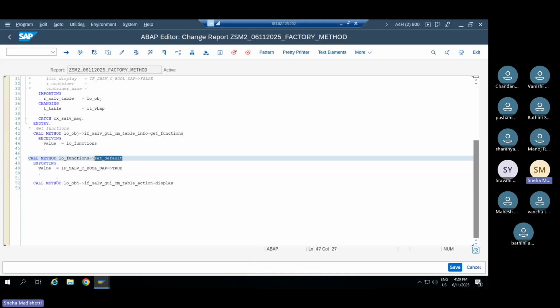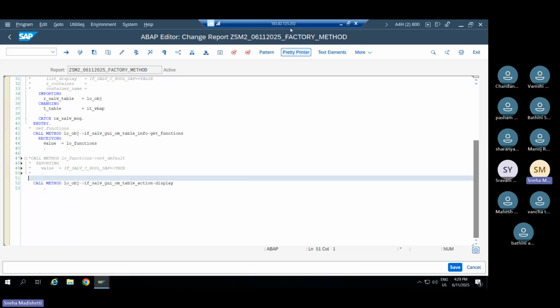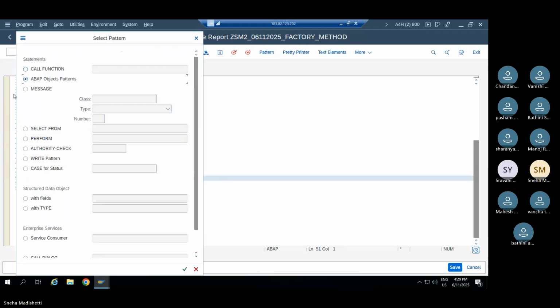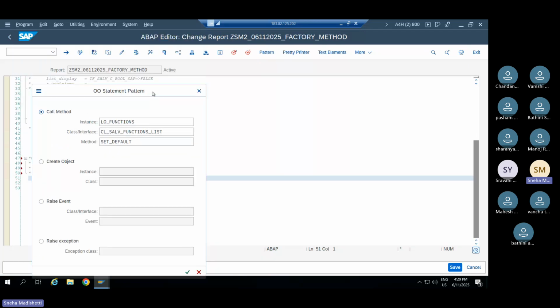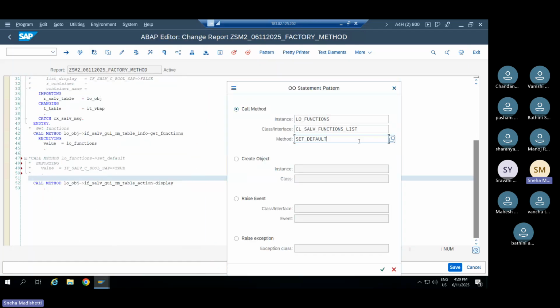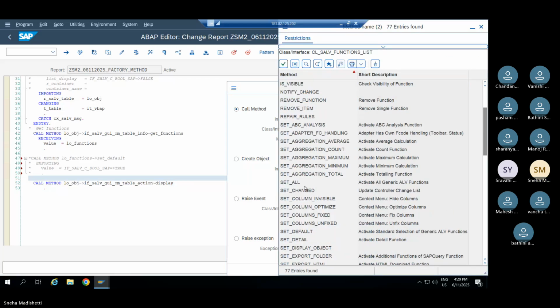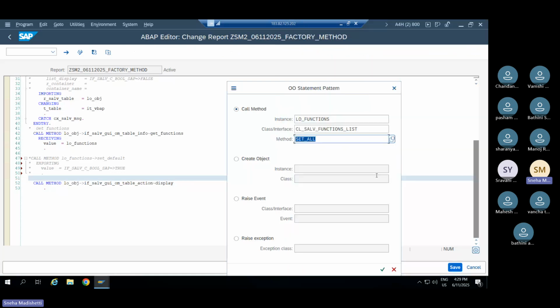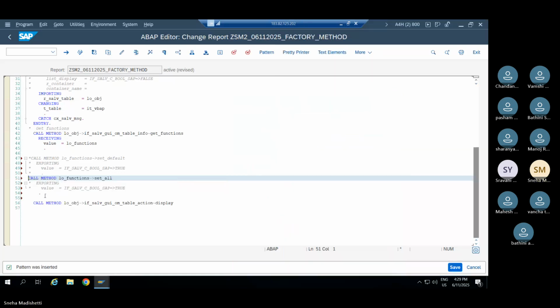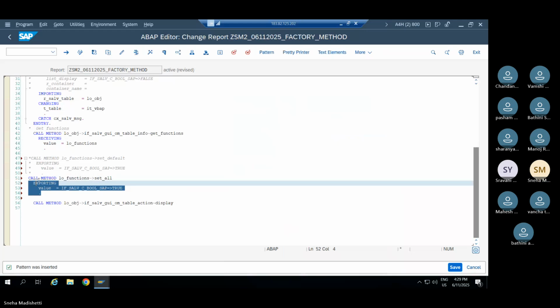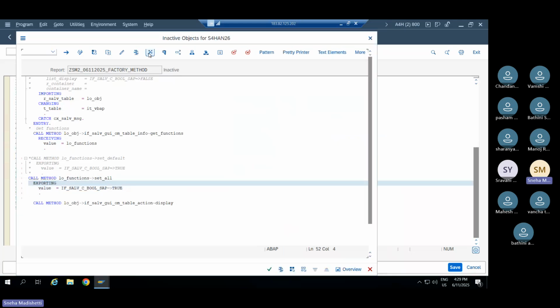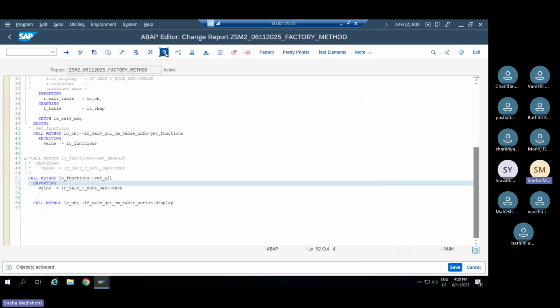So instead of this method, we can call another method. So let me uncomment, and here I will call it. Same process again. Instead of this method, we have to call set all. So this one: activate all generic ALV functions. Press enter, and you can uncomment this one. Save, activate,